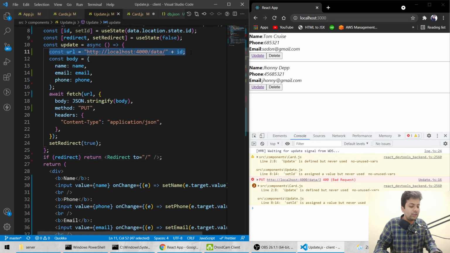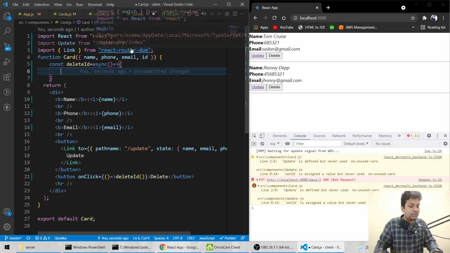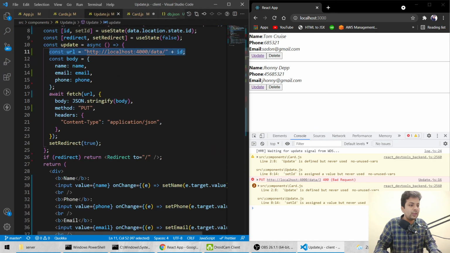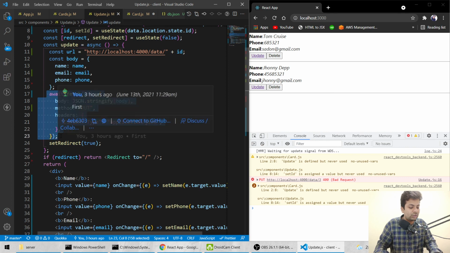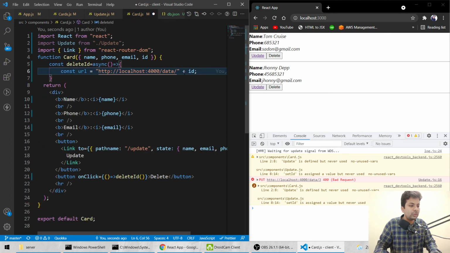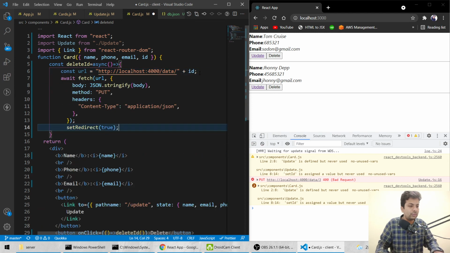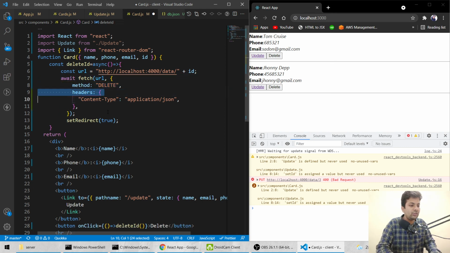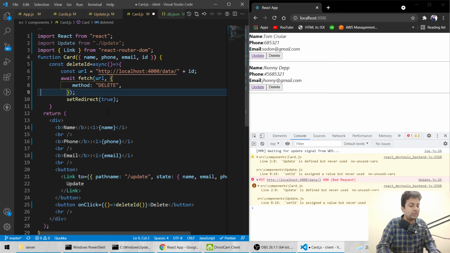I'll copy the URL because id will be the same. Then await fetch this thing, set redirect, all things will be same, but we have a delete method and we won't be sending any data, so we don't need headers.